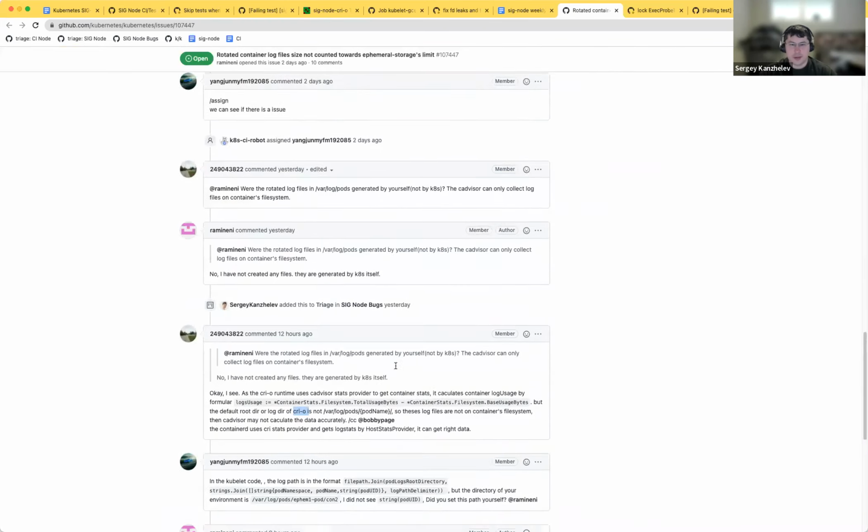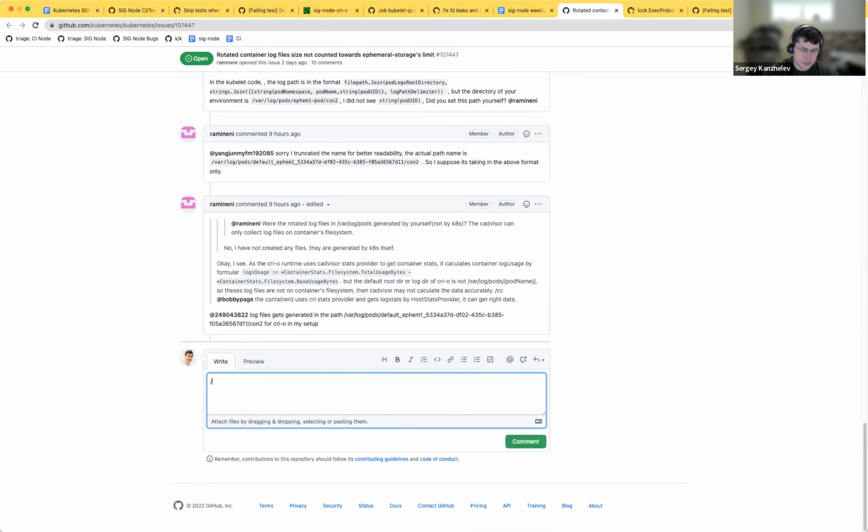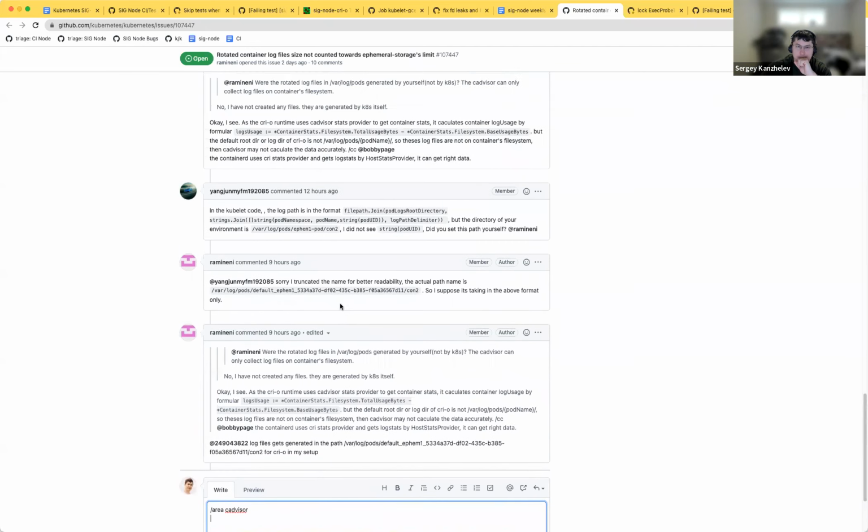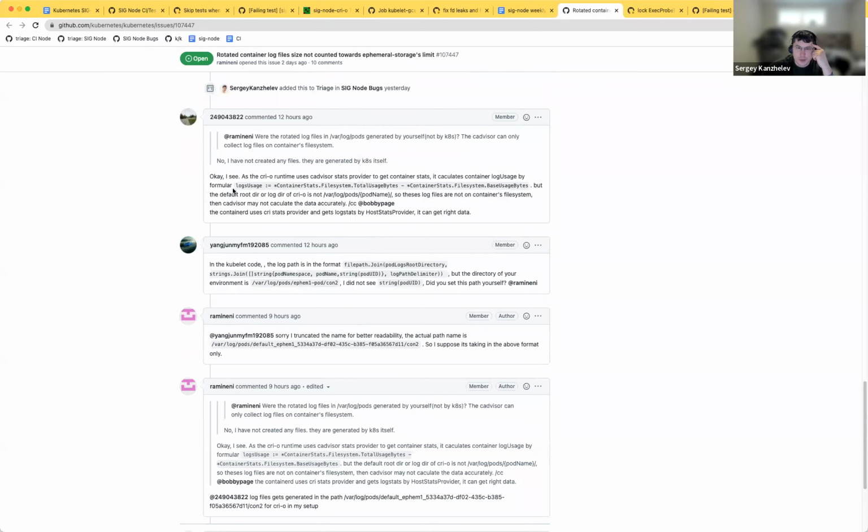Okay, let's apply the advisor area. Based on this description, I think this is actually a bug in the advisor.